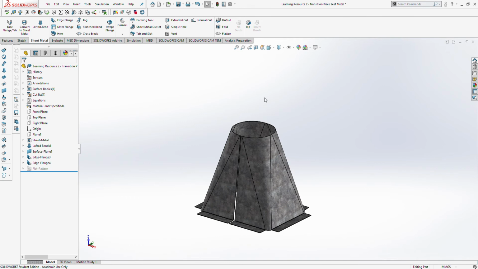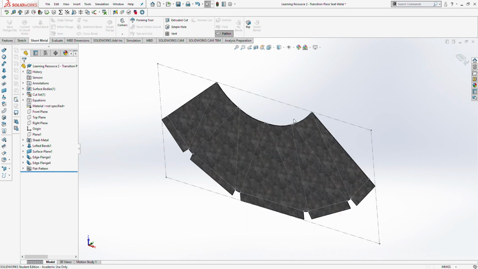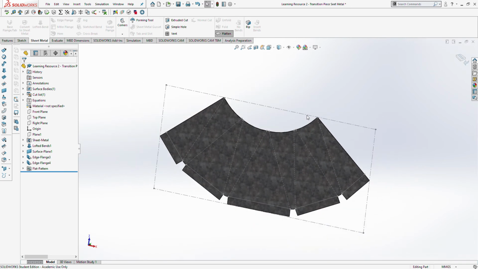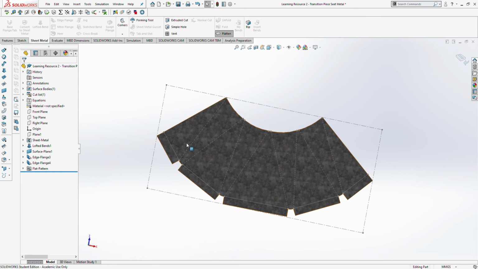If I use the flatten feature here as well, we can see how it flattens that transition piece out and essentially gives us a development of that transition piece. Again, we can highlight to the students, or they can see themselves if they manipulate this part, the individual triangles used in the triangulation method. From a practical sense, they can see how this could be manufactured, and how we can get from a transition piece to a development, and vice versa,